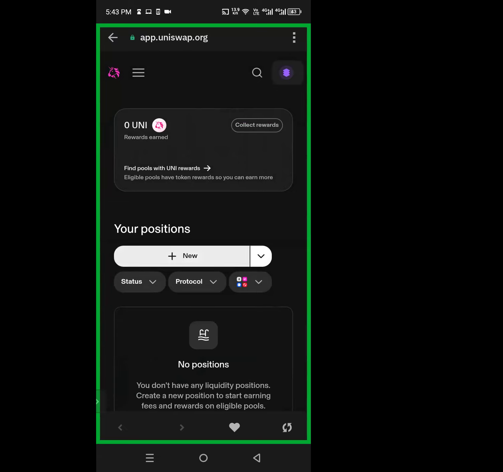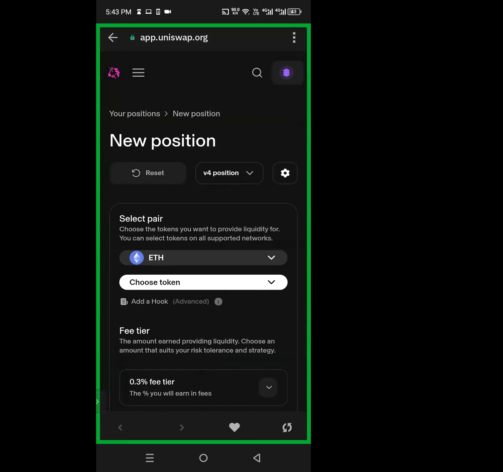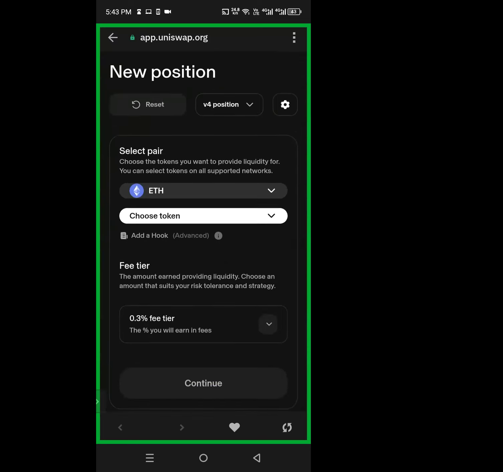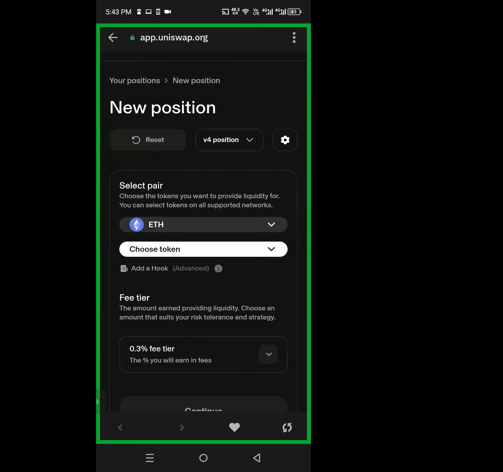When you click on plus new, it is going to pull up this page, and here is where you key in the tokens that you want to pair. For example, you want to create a liquidity pool of ETH and Actuate token. It has already auto-filled that you're creating a liquidity pool with ETH.